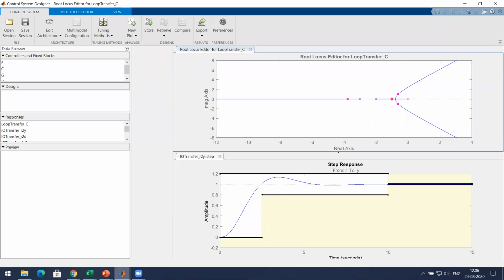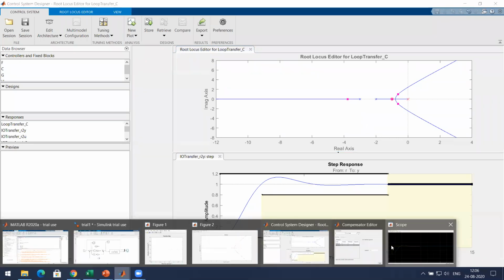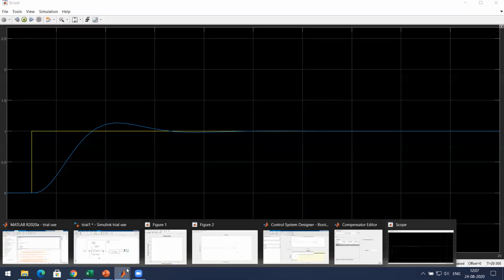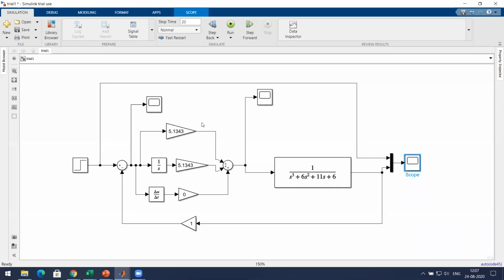What you used to do previously was use the root locus only for getting the ultimate gain KU value to get the marginally stable system, and then use the Ziegler-Nichols method to find KP and KI. Now you have used the root locus itself to get the KP and KI values.